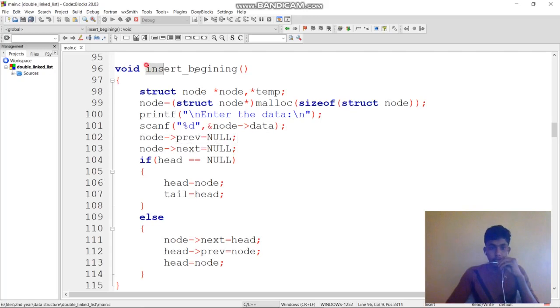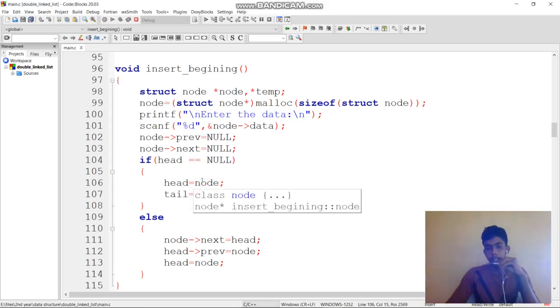So this is insert at beginning. The user performs the starting operation without entering any other data before that. In that condition, head will be null only, because there is no element here. So head is null, and tail is also null. Initially tail and head are null. So you have created a node and entered the data. The node contains the address. This address is stored in head, so tail equal to head.